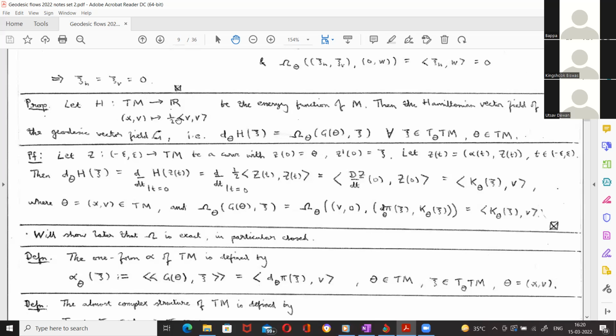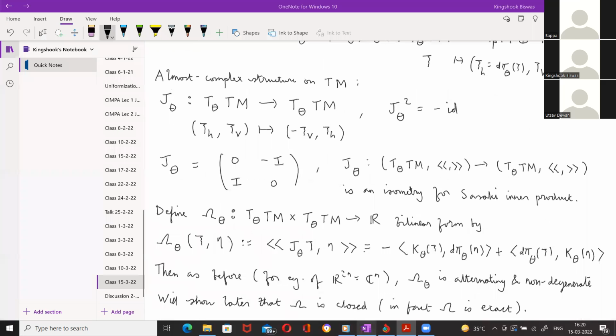Well, I mean, it's using Liouville's theorem, so that the symplectic form is invariant. So the symplectic form will be invariant under the geodesic flow. And so the symplectic volume, it's easy to see, is the same as the volume of the Sasaki metric. It's n factorial times the volume form of the Sasaki metric, because,